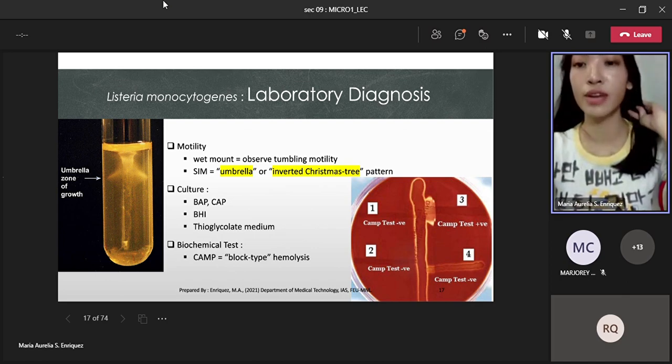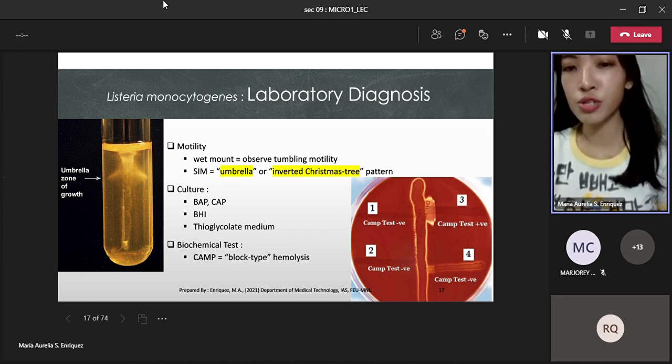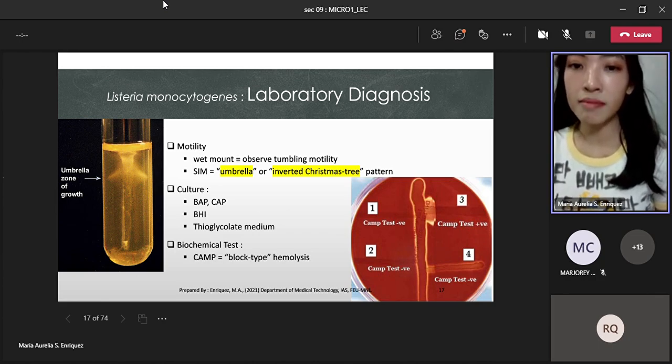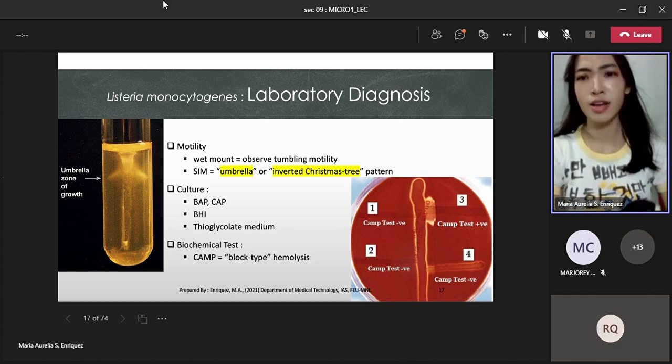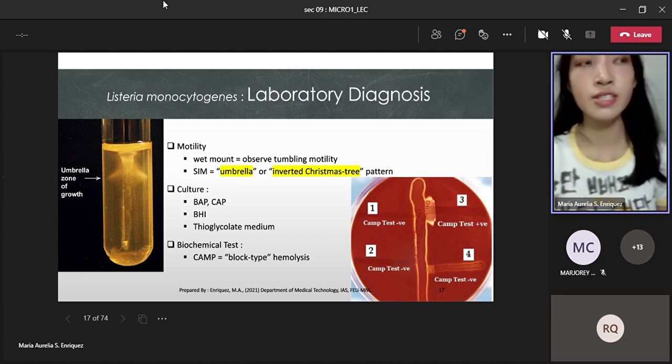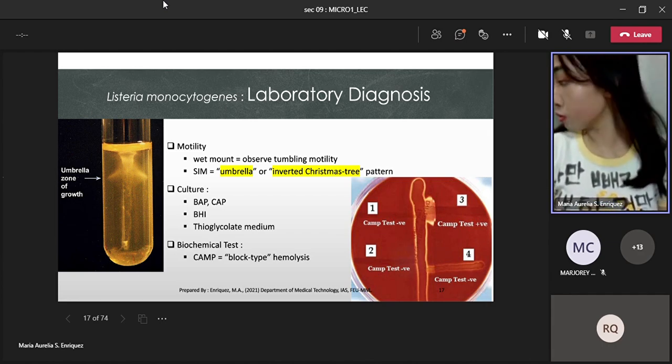Okay, tingnan na po natin yung laboratory diagnosis of Listeria monocytogenes. So, Listeria monocytogenes grows well on SBA and also on chocolate agar and other culture media or broth such as the brain heart infusion medium or the thioglycolate broth. So, bali, hindi naman po fastidious ang Listeria. Hindi naman po siya mahirap i-culture across many different routine culture media. Their colonies may be small, round, smooth, and